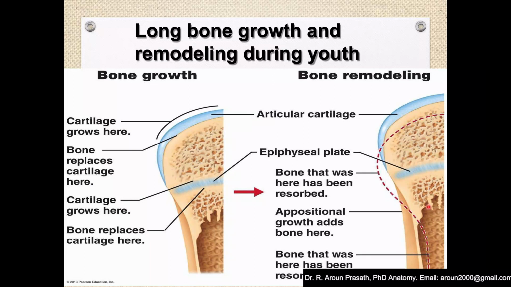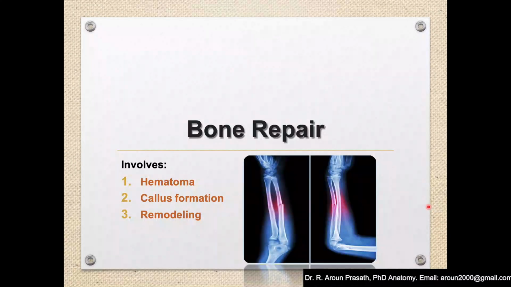Suppose you look at the bones of a person with genu varum or genu valgum, knock knee, and bony deformities: the thickness of the bone will be different. Whereas if you take the bones of a normal person who has straight legs, the thickness of the bone will be different. Okay, you can study these appositional growth changes there.